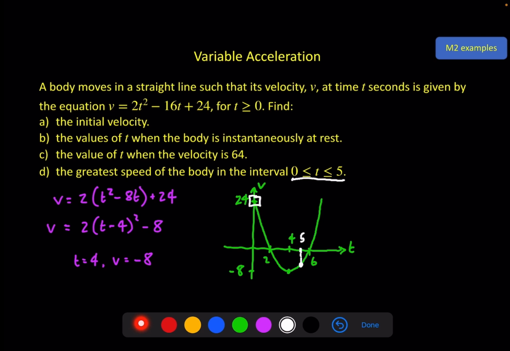So while it's my instinctive reaction to do something like this, or probably more likely to differentiate when it talks about the greatest or smallest speed, I have to be a little bit careful here, because just finding a turning point doesn't necessarily give you the maximum absolute value. For this reason, I would recommend that if you can, you sketch the function to help you with a question like this. So here, the final answer, the greatest speed, actually happens when t is equal to 0,